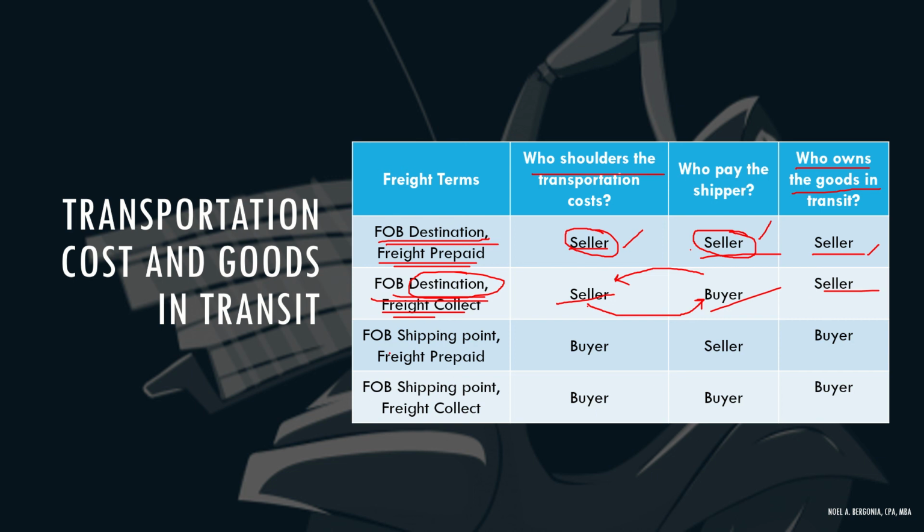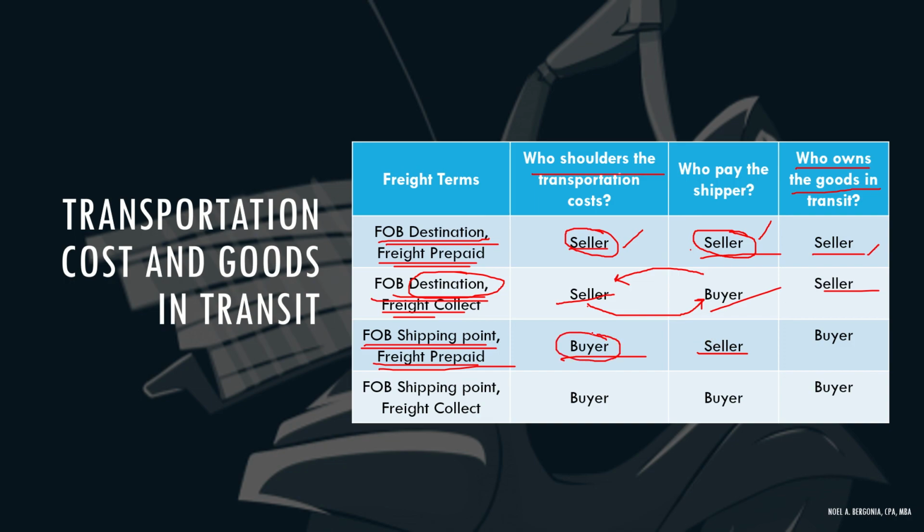Okay? How about FOB shipping point, no? Freight prepaid. FOB shipping point, who should pay the freight? Sino po yung dapat na magbayad ng freight? Of course, the buyer. Okay? Pag freight prepaid, sino po yung nag-aabono? Okay? Si seller. So, nag-abono ulit si seller, no? At saka si buyer. So, ibig sabihin nun, additional naman na utang ni sino? Additional na utang ni buyer.